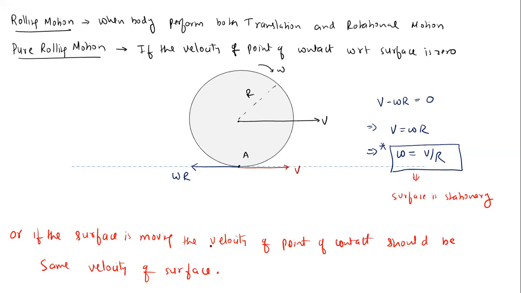With respect to the body, relative velocity will be equal to how much? v dash minus v equal to omega r. v minus v dash is equal to omega r. Now v minus v dash is the relative velocity, so relative velocity by r equal to omega. Yes, I think that is correct. v minus v dash by r equal to omega. Okay, that also we can do. Fine. I hope you copied this.